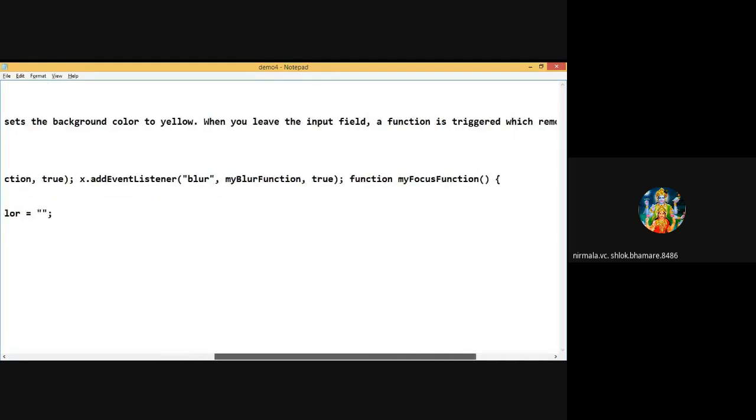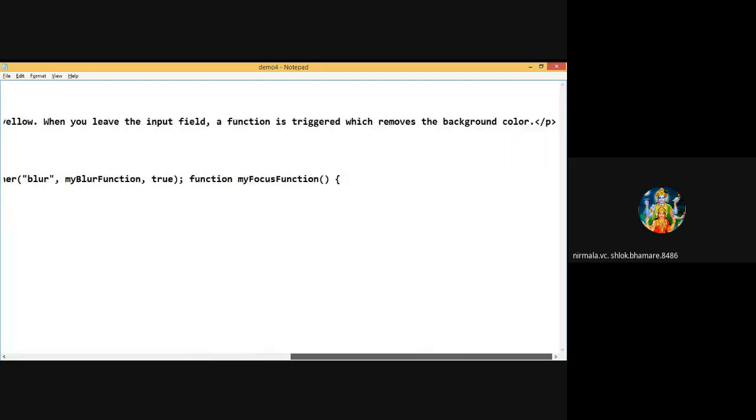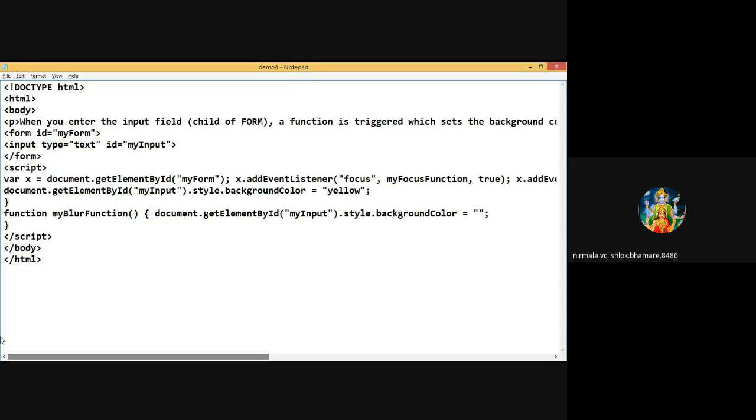When you leave the field, a function is triggered which removes the yellow background color. Means when the text box receives the focus, it will change the background color of the text box to yellow, and when the text box leaves the focus, it will change the background color to white.